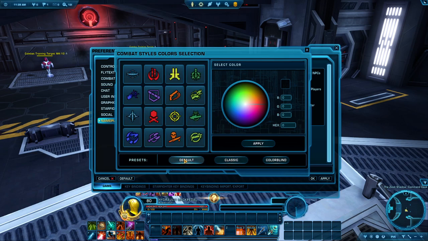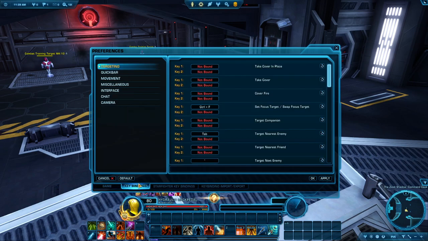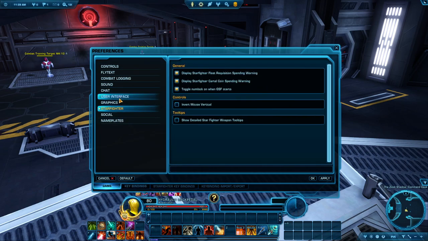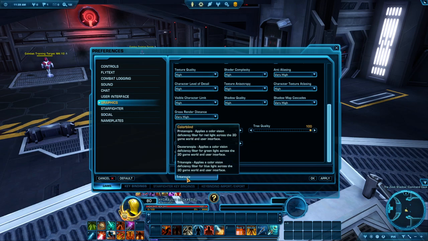I am actually semi-colorblind. I can't remember which one it is. I have a hard time seeing red. It's not like I can't see red. I can see this red, but there's certain shades of red that I have a hard time seeing. That's why there is a colorblind filter, I believe. My bad. I know that they added it in. So